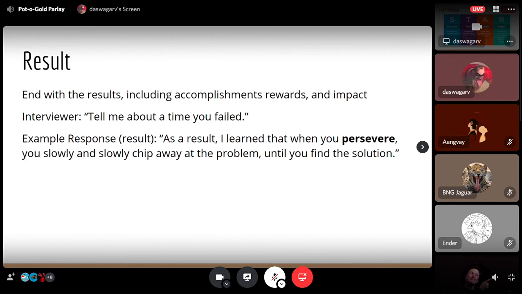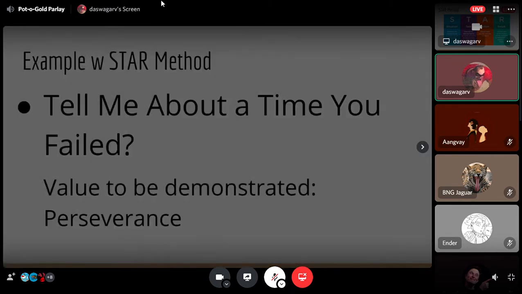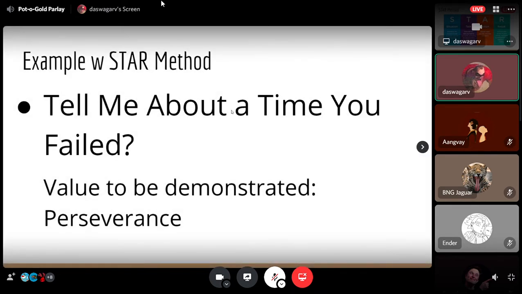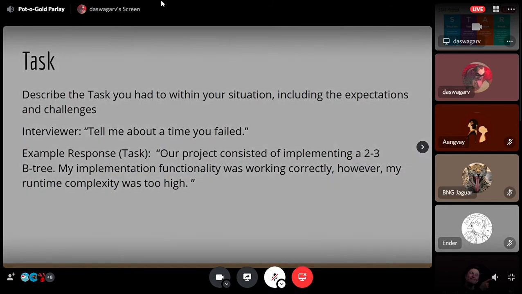Right. This is where you're saying, this is what I learned and this is how it changed me and this is why I'm a good fit for your company. Yeah. So persevere here is bolded because actually in the last one, or beginning of the STAR, notice how one of the company's values like perseverance. So it might not be the case, but if they do have something like that, you can always tie it in. So, okay. Perfect.